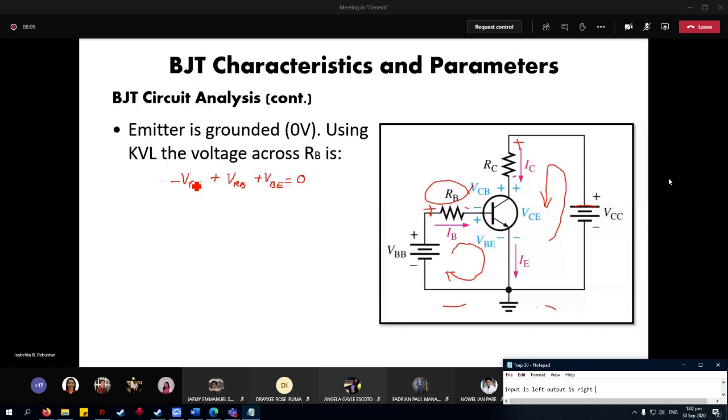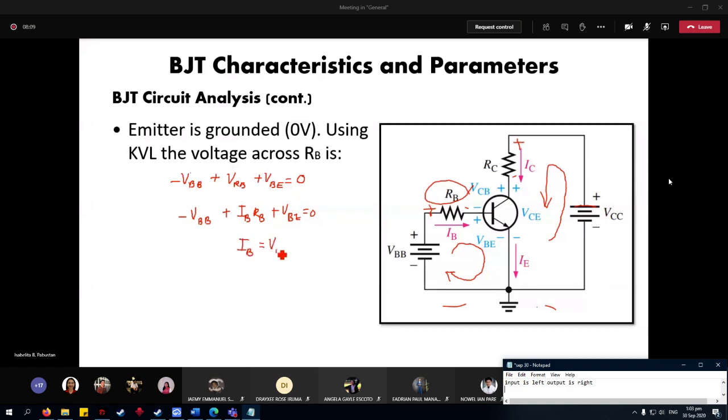So, negative VBB plus, what is the formula for voltage? V equal to IR. So, what flows through RB? Of course, IB, base current. IB, RB, plus VBE equal to 0. So, therefore, computing for the IB, you will have IB, just algebraic manipulation, IB is equal